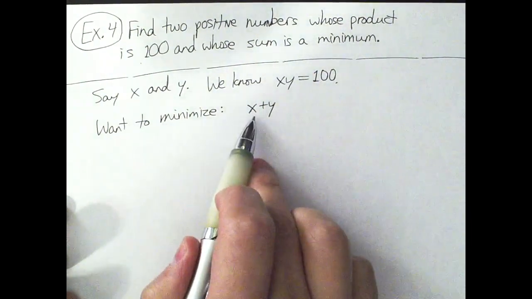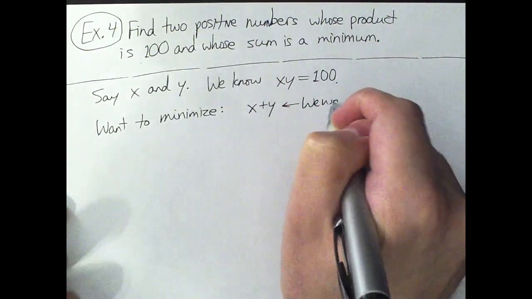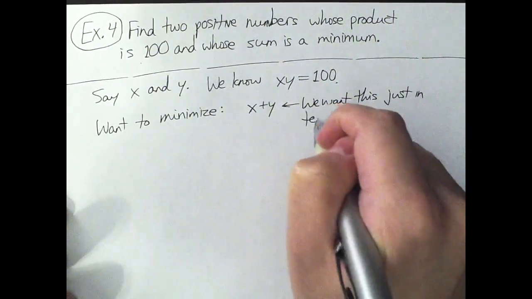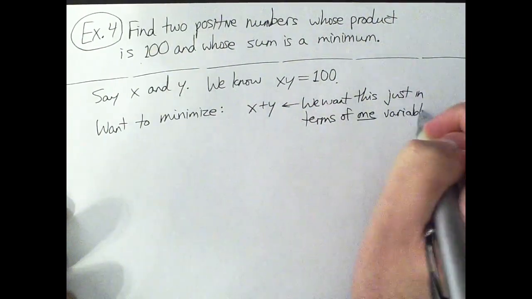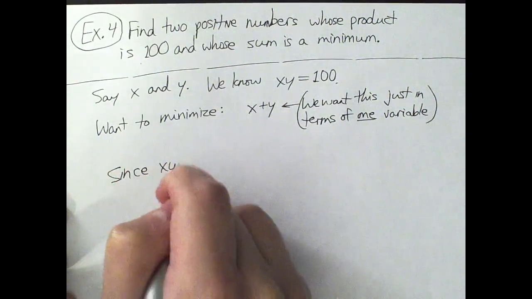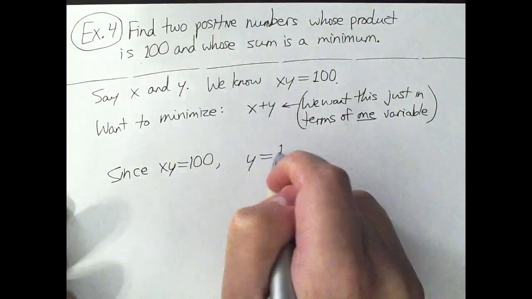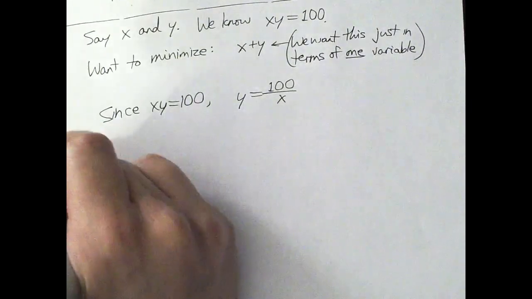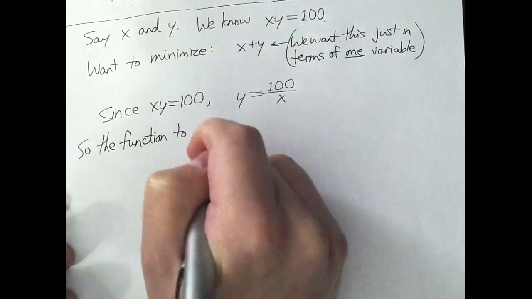If this is the function, this is written in terms of two variables, so we want this just in terms of one variable. We're not going to differentiate it when there's two variables. Since xy equals 100, we could say y is 100 over x. So the function to minimize